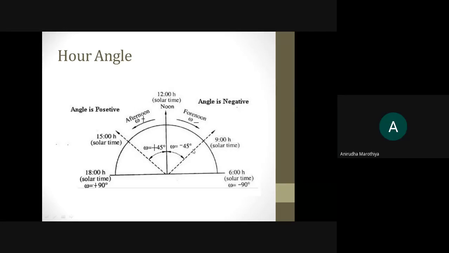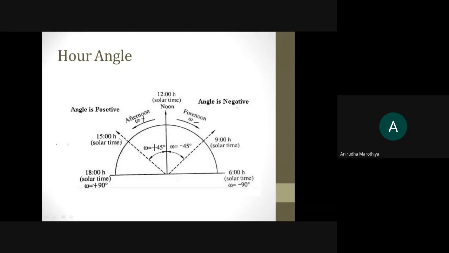हाँ सर। हाँ, in the same way, if you are interested to calculate the value of R angle at noon time, the value of apparent solar time is going to be 12. So 12 minus 12 is 0 multiplied by 15, answer is 0. That is the reason the value of omega during noon time, दोपहर के 12 बजे हमेशा 0 रहेगा. And in the same way, if you apply the same logic, you will calculate the value of omega for different positions of sun with respect to the earth surface.